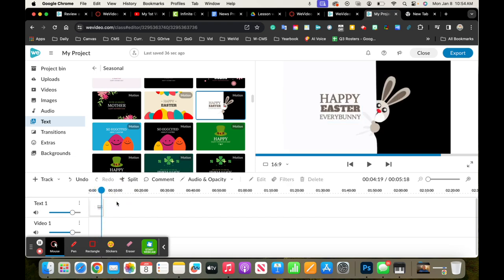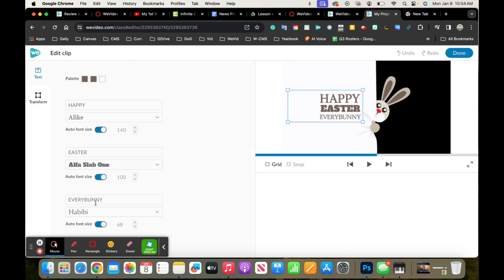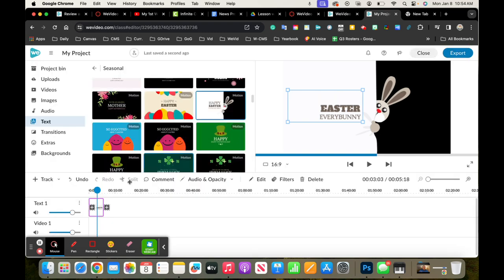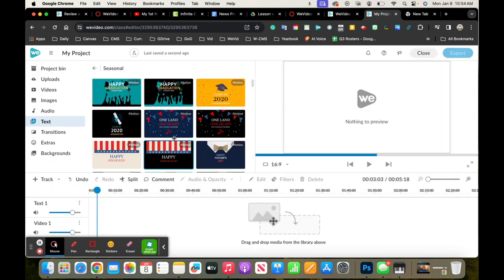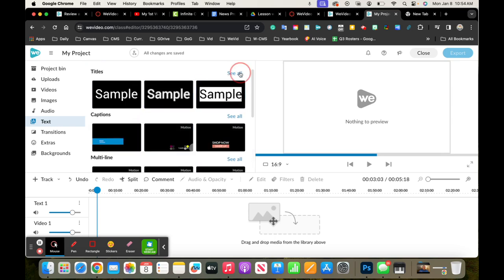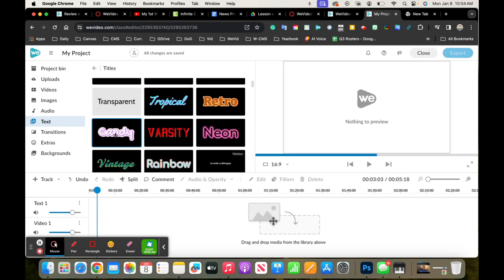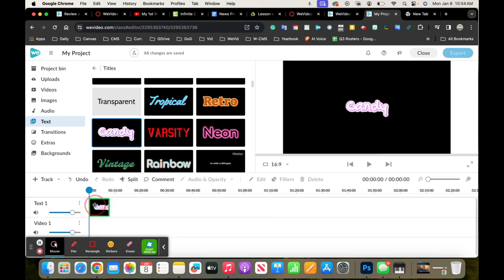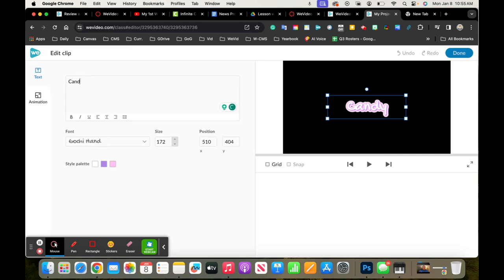Okay. Now, how do you make changes to the text box? You double click it. And then in this case, let me go back and add candy. So what I want you all to do to help you all is everybody choose, you can choose whatever you want, but I would choose candy. That way now candy's in the middle. And then you double click it and then you can change it to whatever you want. I would change it to my first Wevideo